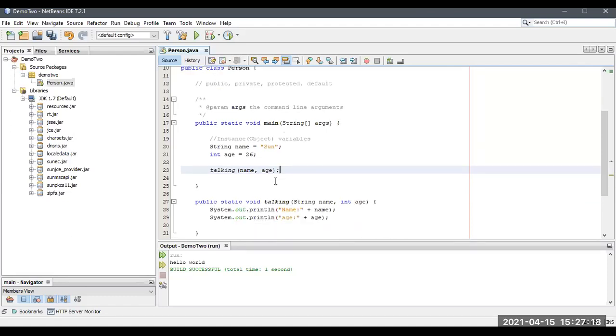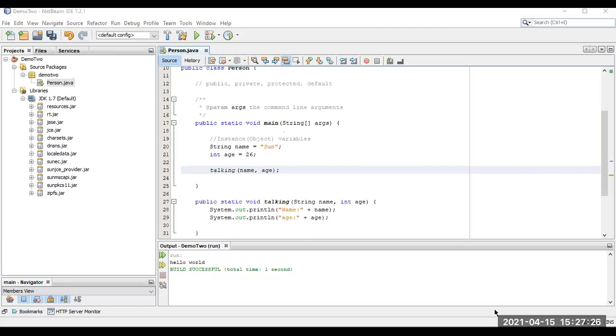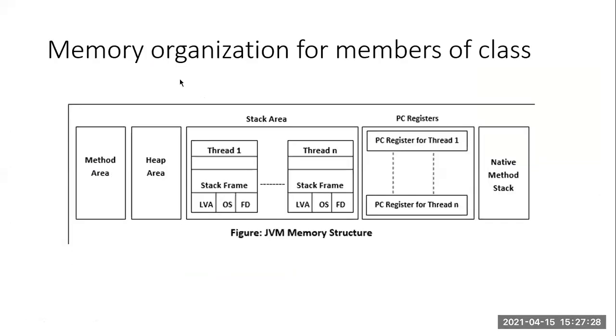His action is that he will tell about himself. All this code will be stored inside the method area. What is the use of the method area? All the things we wrote inside a class will be stored inside the method area. Now, I want to access the method outside the class. What should I do?